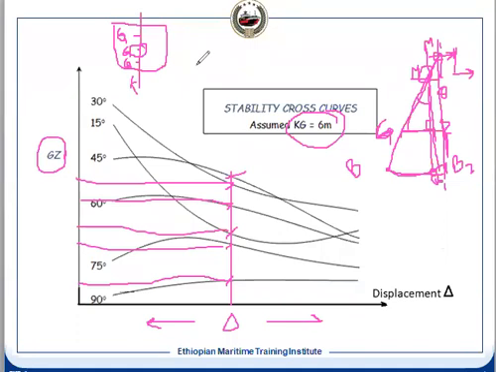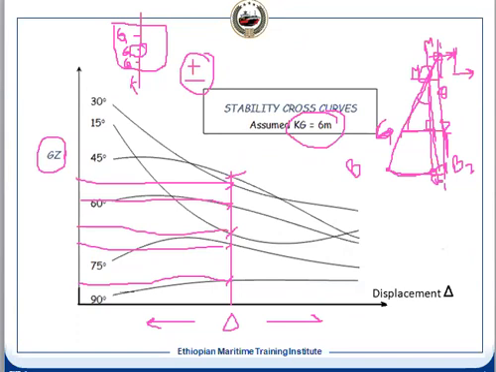We know that GM is one of the parameters we calculate for the transverse stability calculation. So G has moved up, GM has reduced. It means our GZ also will reduce. So we need to make this correction. It means in one case it can be positive when G is moving down, and in another case it can be negative when G is moving up. So let us see how the correction is made.